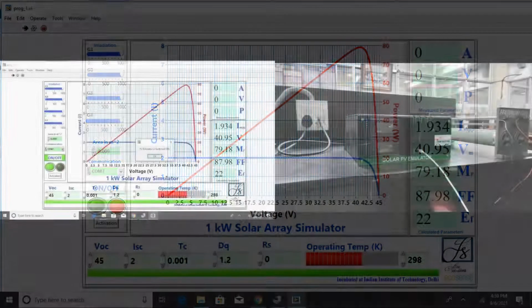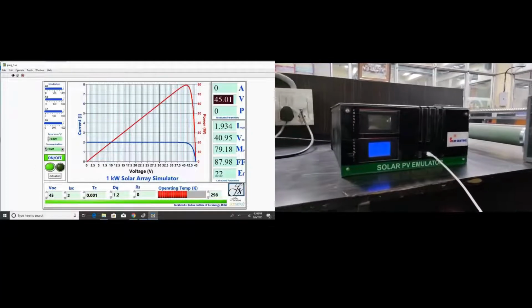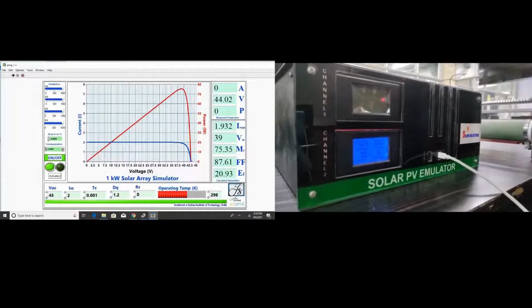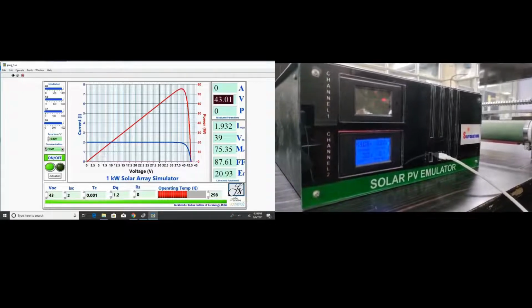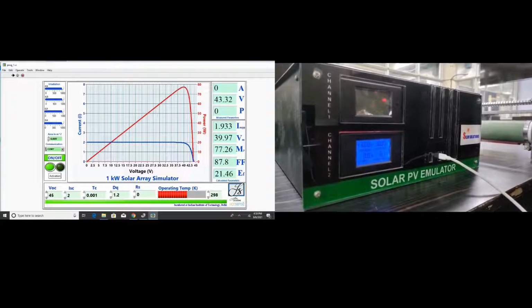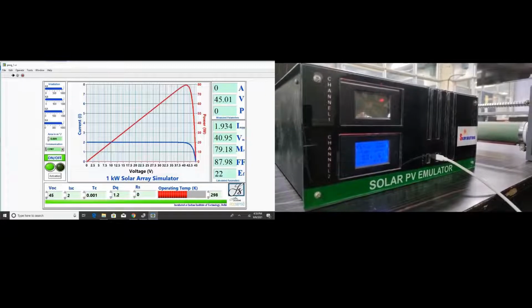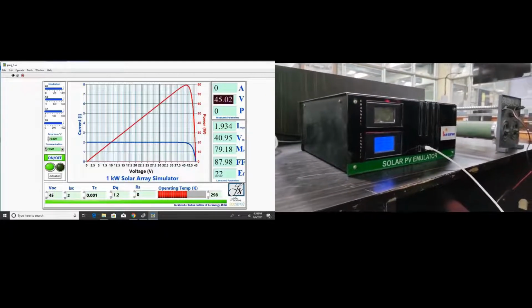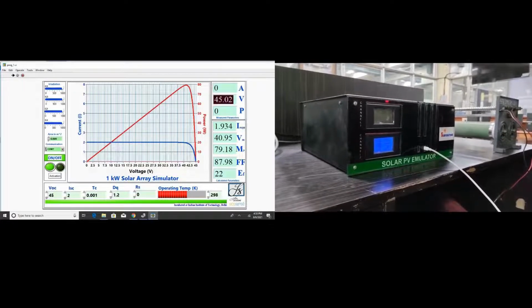Now, as soon as we switch on the PV emulator using the on-off switch on the software, we can see the PV emulator is switched on, and we can see the readings simultaneously. So in the measured parameters, as we can see, our voltage is 43.2 or 44 volt. The same voltage will be reflected in the measurement panel of the PV emulator. So any changes which we do in the software right now, it will be reflected in the hardware setup also.